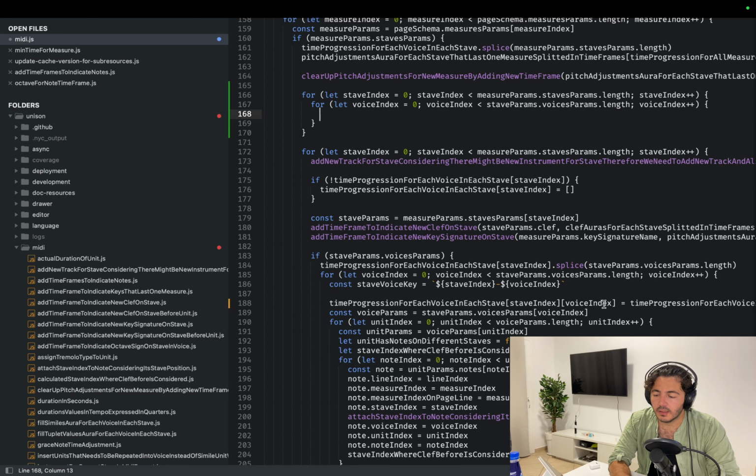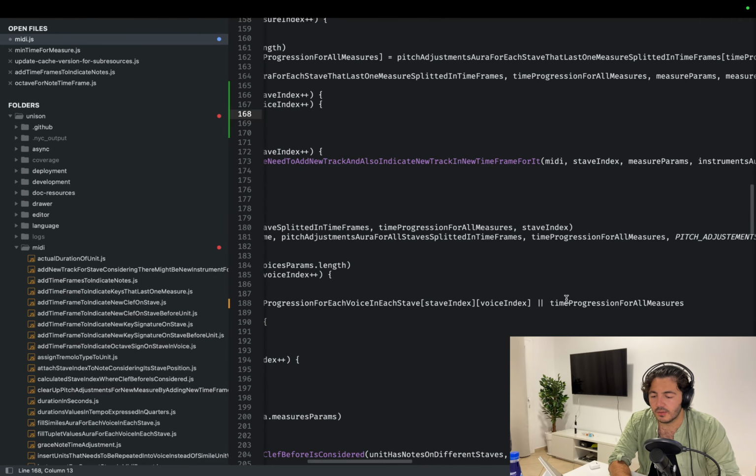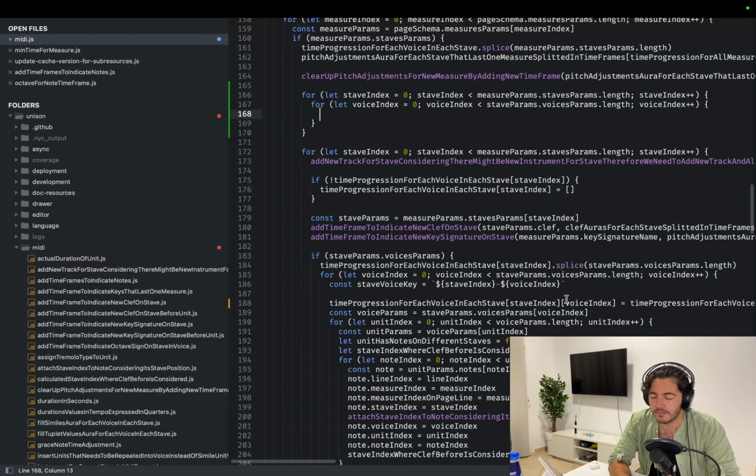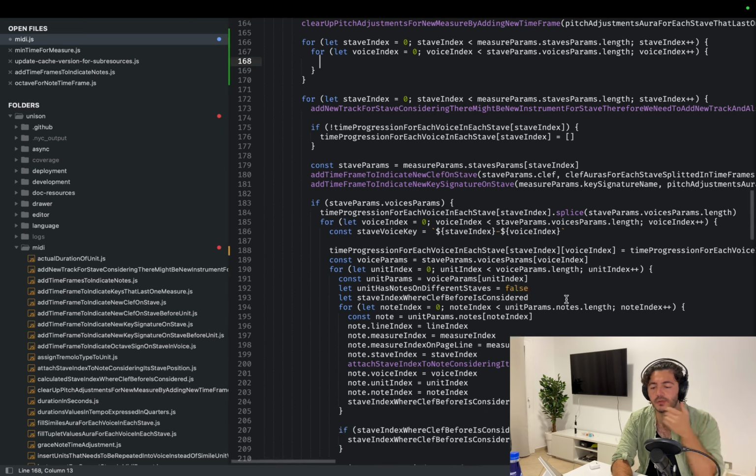So ideally in those examples I don't necessarily need this adjustment, or maybe I do need this, but yeah. So time progression, and we